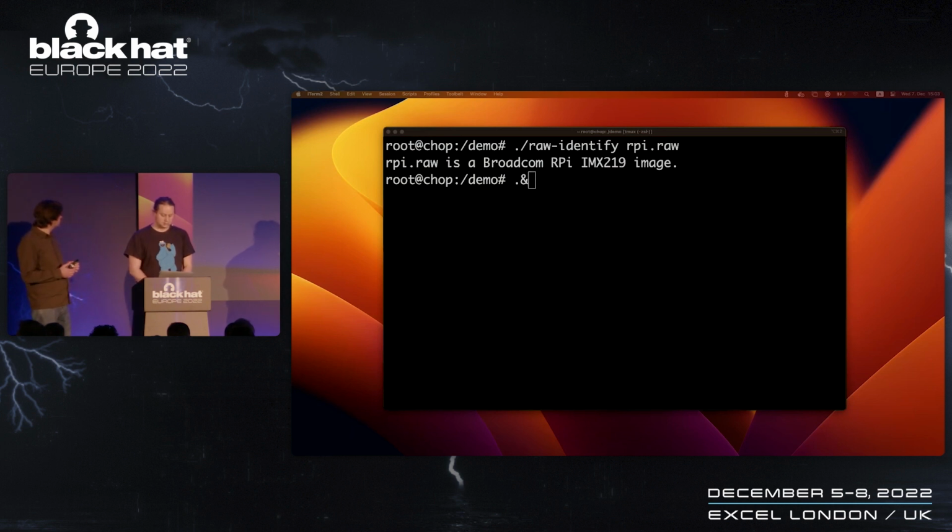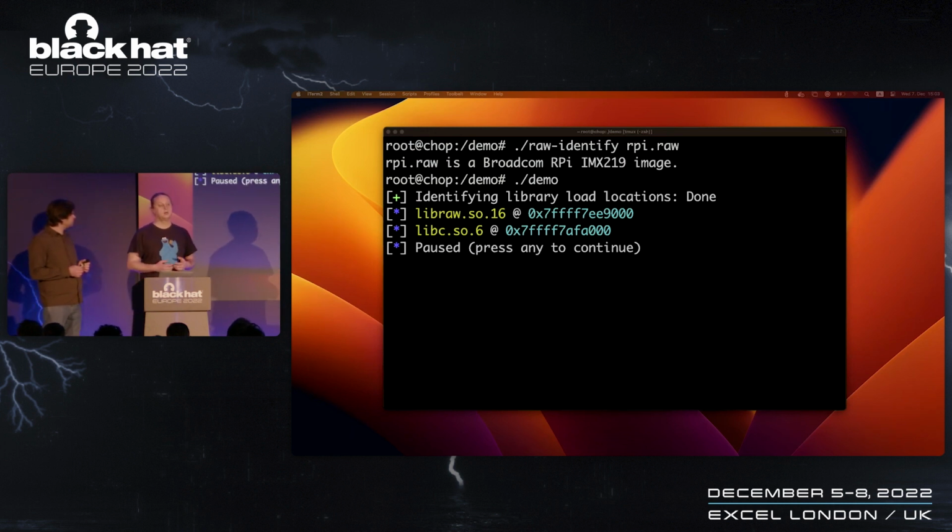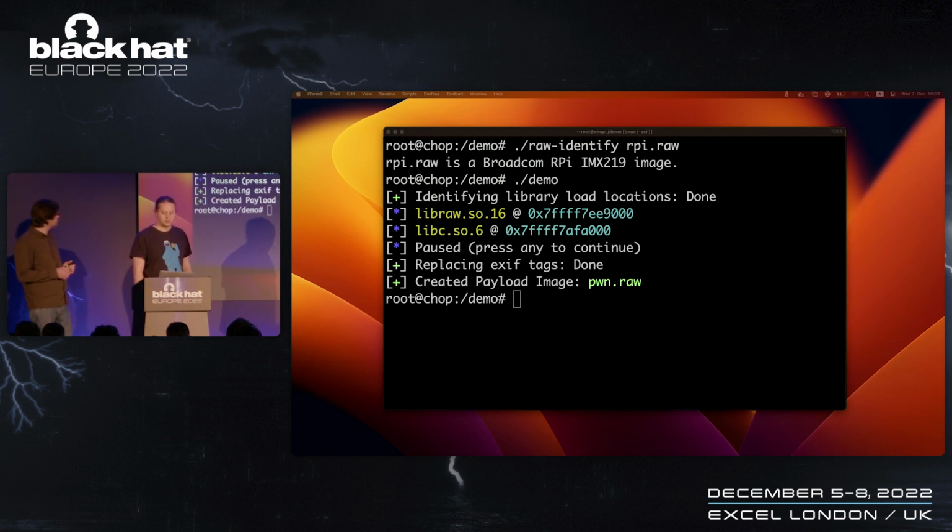If we now run a script that crafts an exploit payload, it'll leak some pointers. In this case, we have ASLR disabled. We're assuming that there's another way to circumvent ASLR. Stands for a single leak required. So in this case, it only needs a single leak to find the base of the libraries and where they are in memory. After doing that, it builds together a payload that does the steps that we just explained on the stack, and it creates a new raw image with those EXIF tags in there. So there's first an EXIF tag that overflows the stack, and then there's an EXIF tag that then triggers an